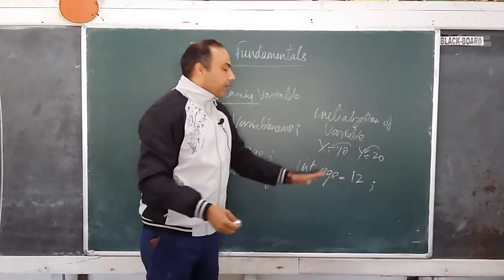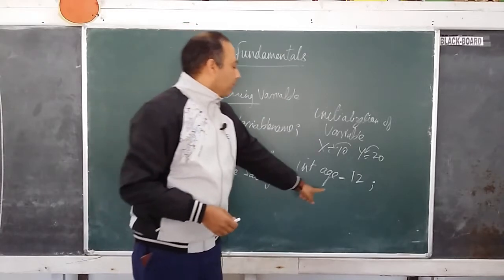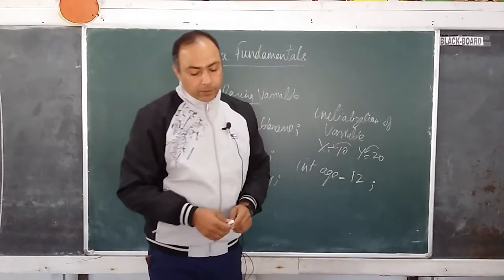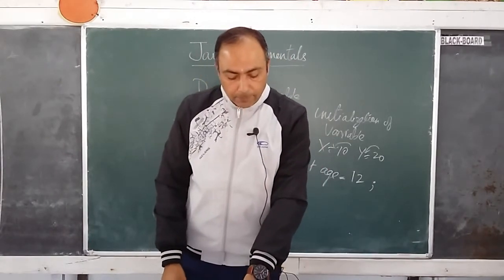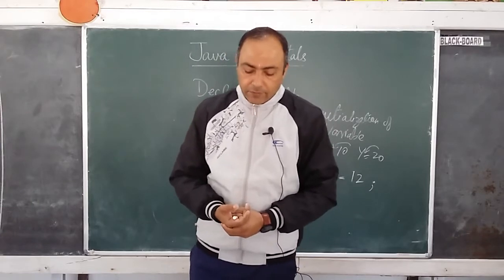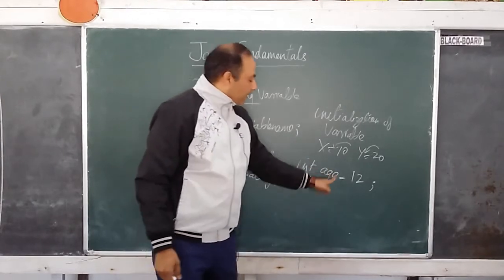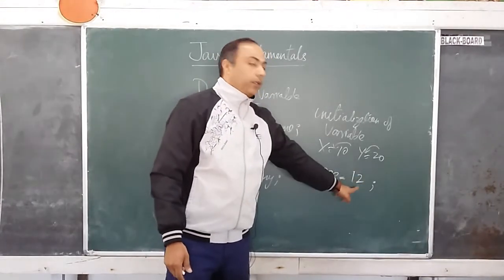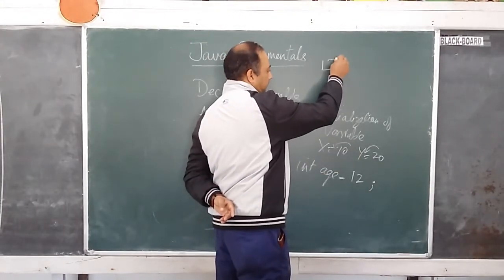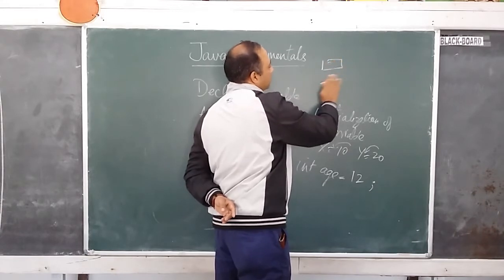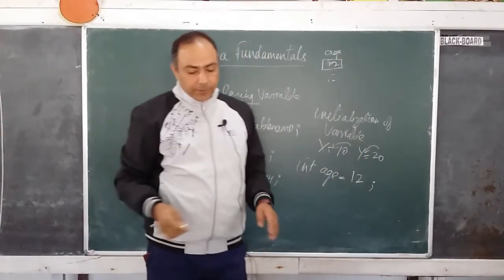That means we are assigning values to that particular variable using the assignment operator. So equals to is the assignment operator. The simple definition does not provide the first or initial values to the variable. So if I write integer type, age is the variable name, equals to 12, that means I am assigning the value 12 to the variable age. Suppose this is the memory location, it is 12. So this is the assignment of a variable.